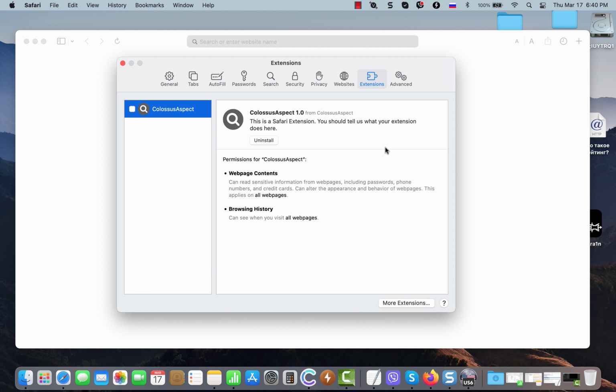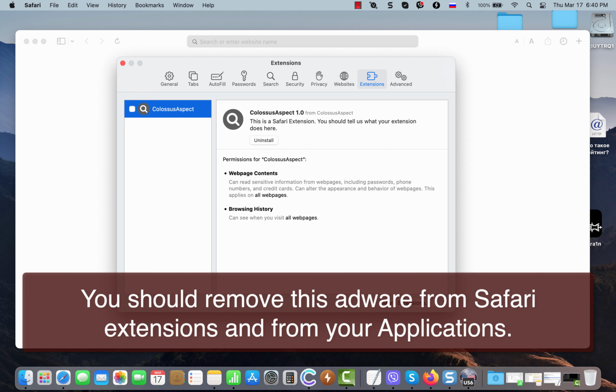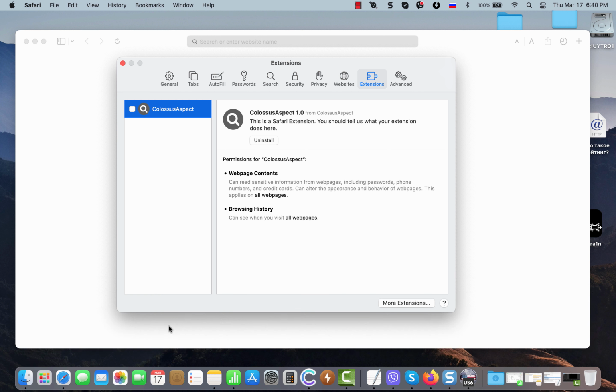This particular adware attacks Safari. You may see that ColossusAspect is one of the extensions in the Safari browser. This particular adware may display its own advertisements not related to the sites that you visit. So, also,